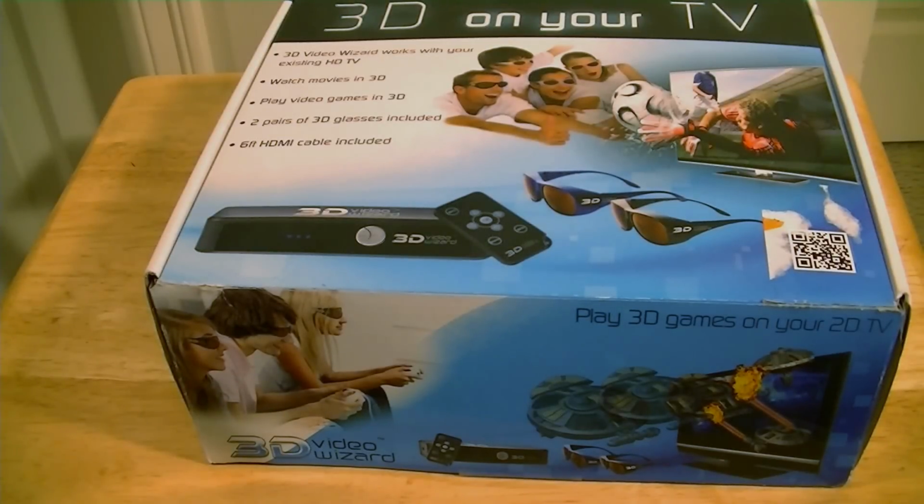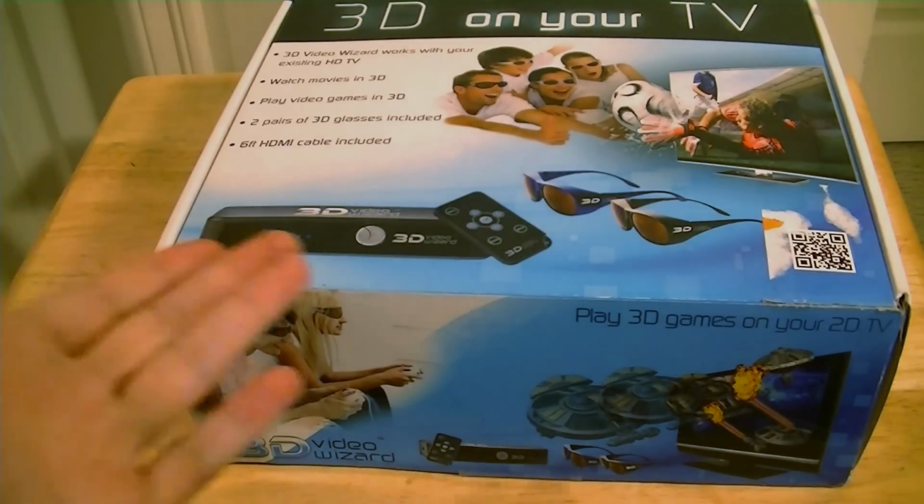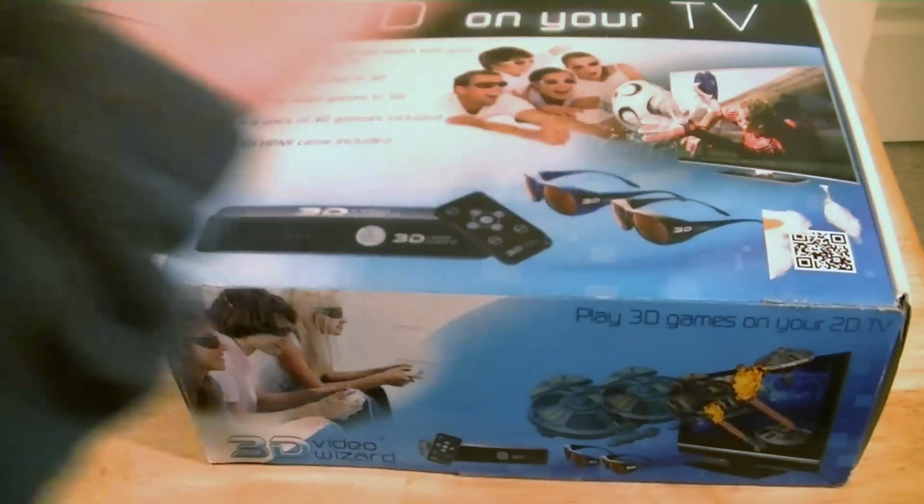You're watching our video first look / unpacking of the 3D Video Wizard. This is a 3D converter. It allows you to play 3D content, movies, and also to upconvert 2D content into 3D and then play your 3D content on your regular 2D television, which is really unique because most 3D converters only allow you to convert 2D content to be played on 3D televisions, but this basically converts your 2D TV into a 3D TV, which